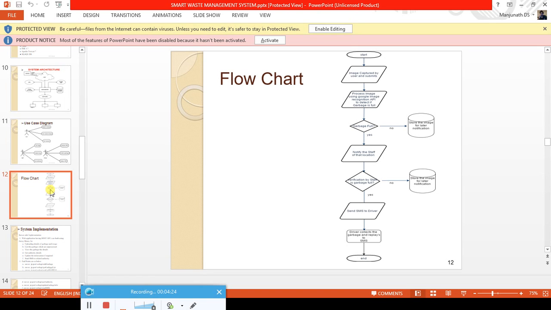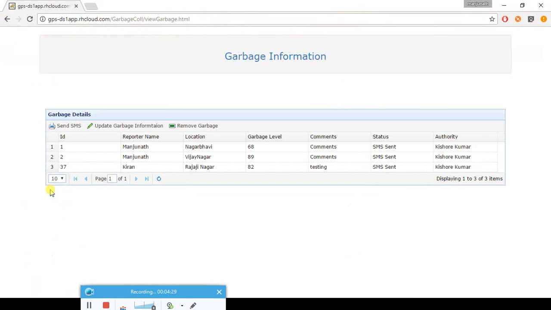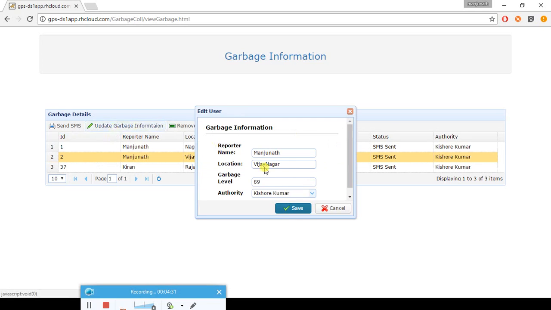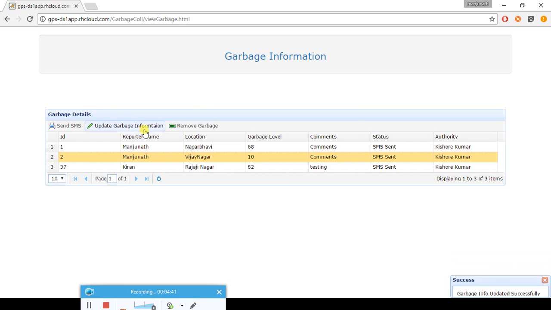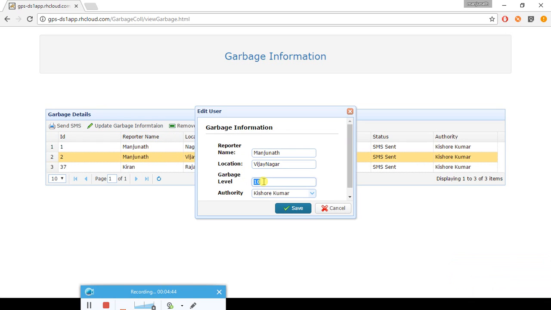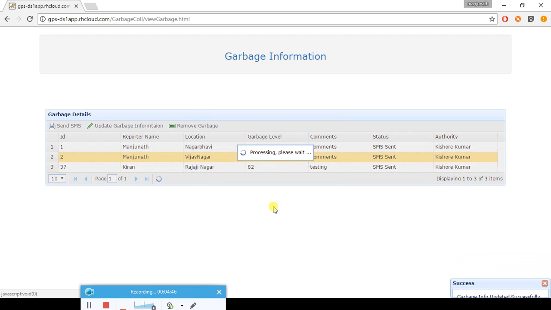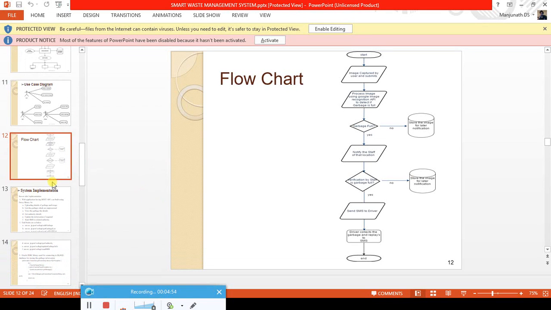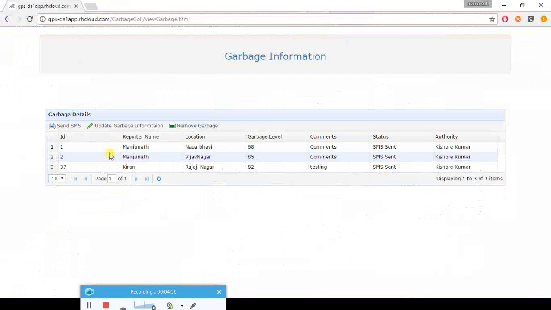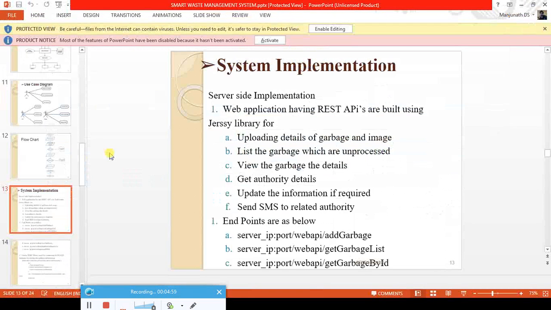You can also say that the staff will be able to edit the percentage. In some cases, the garbage level may be 10%, but it needs to be cleared immediately. Assume we have gotten 10%, but it needs to be cleared, so we can edit the garbage level to 85% and send the notification. Explain a little bit more on that, but stress more on the SMS part, since it will be delivered and we can give a demo.